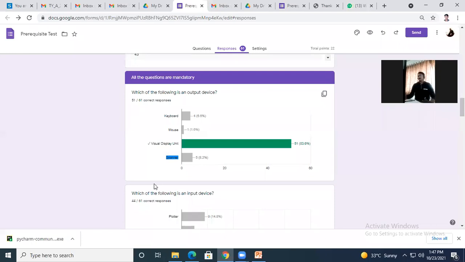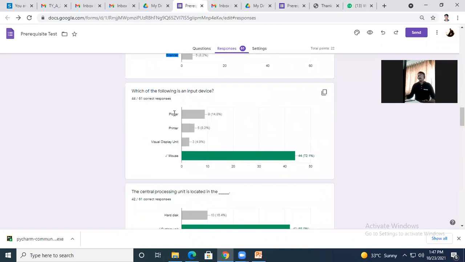The second question, which of the following is an input device? Plotter, printer, visual display. A plotter is one kind of printer. Visual display, we just checked, is used to display. So the remaining option is mouse.